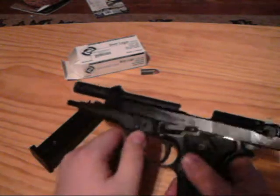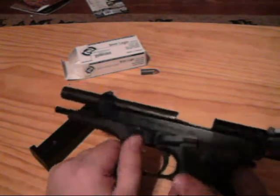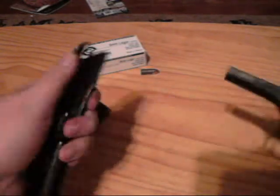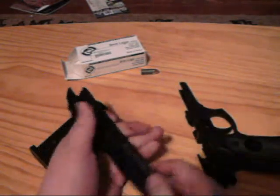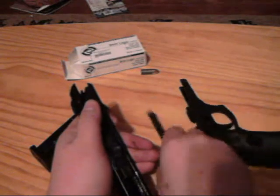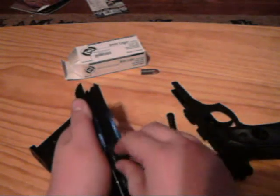Alright, it does take a little bit of oomph to it. Actually, I did just clean my gun, so it's a bit oily there. You just pull the slide forward slowly and just take off the top of the gun. It's that simple, and you just pop out the guide rod right here, and you can just easily pull out the barrel,